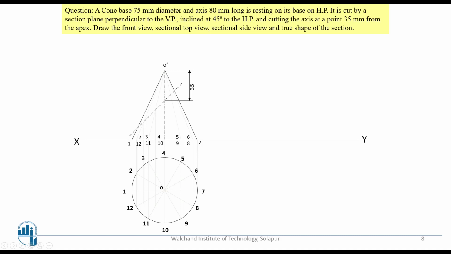Similarly, O2, O3, O4, O5, O6, O7, O8, O9, all these lines you are going to join. There is only one naming here; no naming should be given for the axis, but there is O4 and O10. These are the two generators passing here. You have to give naming here also while moving in the forward direction. In most cases, you can consider this half part is coming in the front side and this half part is coming in the back side. Means in every line there are two lines inside, so everywhere you are going to get two namings.